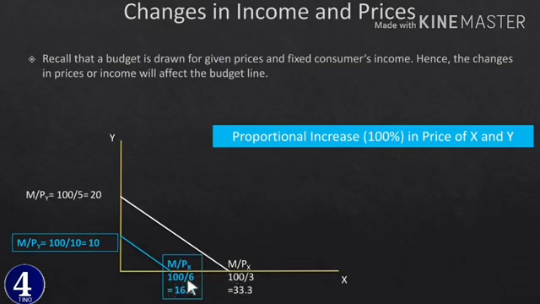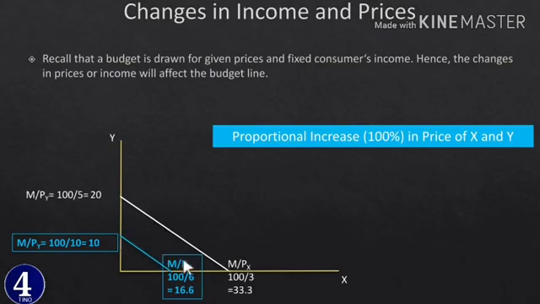3 የነበረው ሲቀየር 100 divided by 6 16.6 መጣ which is actually less than that of the original price. ከዚህ ቀነስንበትና ከዚህ ቀነስንበት ፕሮፖርሽናችን the same ነው፣ ይሄም በ50% ይሄም በ50% ቀንሷል ብለን ወስደናል። ስለዚህ የተከሰተው ምንድነው፣ proportional increase in price of x and y ሲሆን any kind of increase ማለት any percentage of increase ብቻ proportional ሆኖ increase ካደረገ በ30% የሚሆን በ20% ይሁን ብቻ proportional ከሆነ the budget line will shift inward ወደ ውስጥ